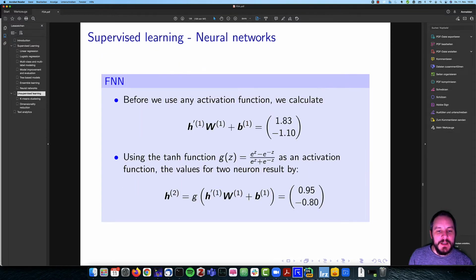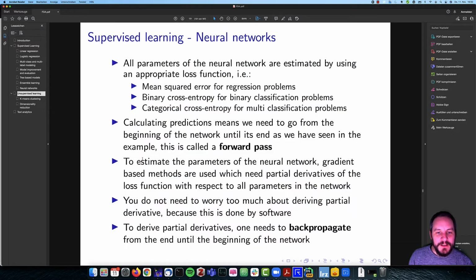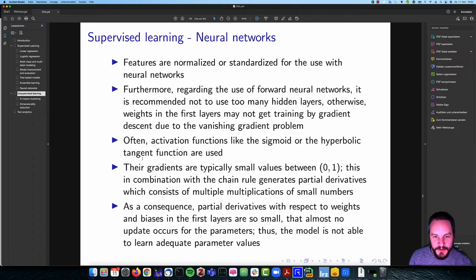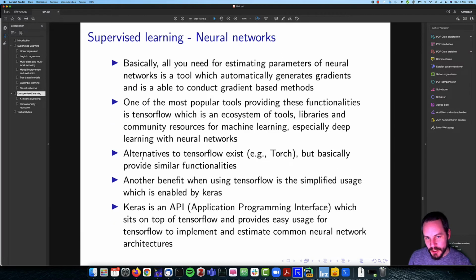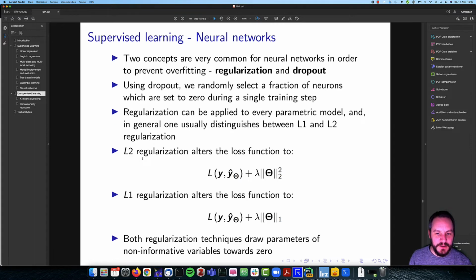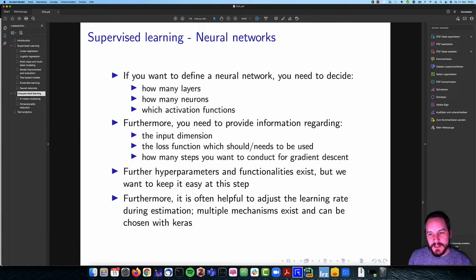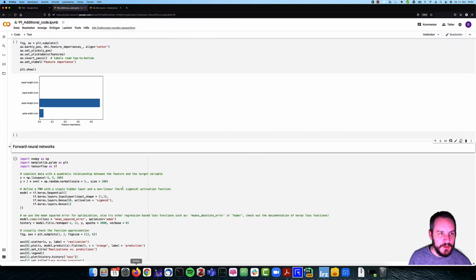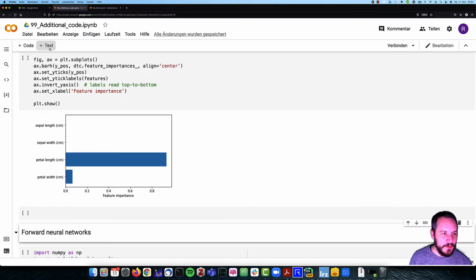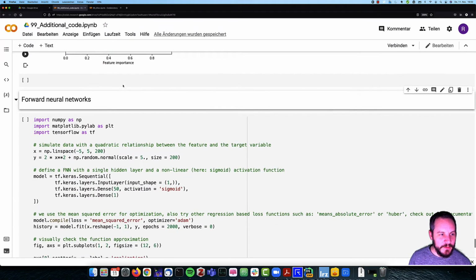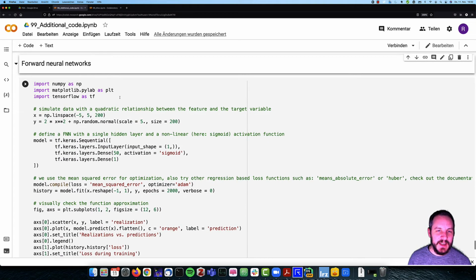Okay, so this is really all the knowledge I wanted to share with you when it comes to the discussion, the theory, and the idea behind neural networks. So let's go really quickly to our Google Colaboratory file. I will show you more about this during the course, obviously, how you can use it. And we will always, especially at the end of the course, revisit the data we already estimated with other methods and now apply the neural network. But let's first of all,